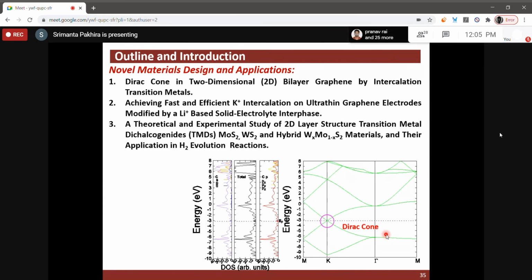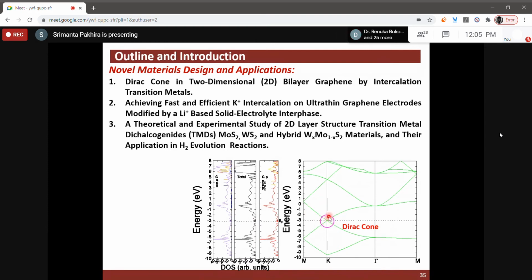So look at the band energy we plotted with respect to vacuum. On the y-axis it is represented, and these are the bands I have plotted. High symmetry M-K-Gamma-M direction. And this is the symmetric k-vector. I could give a different name, there are many ways to give the name, but I plotted the M-K-Gamma-M direction. And the total density of states I plotted. Here is the total density of states for these cases. You will see exactly at the Fermi level, the dotted line represents the Fermi level. Where is the Dirac cone formed, or the Dirac point? I circled it.